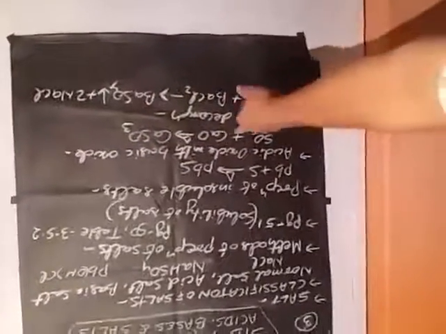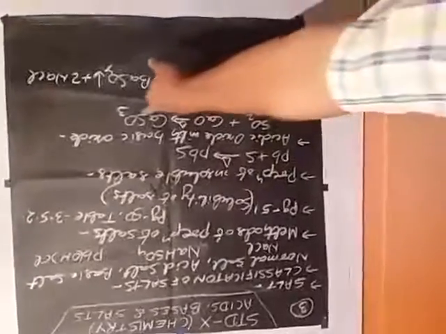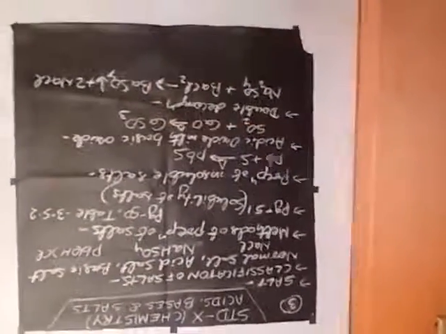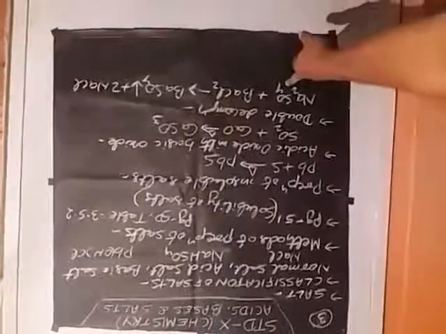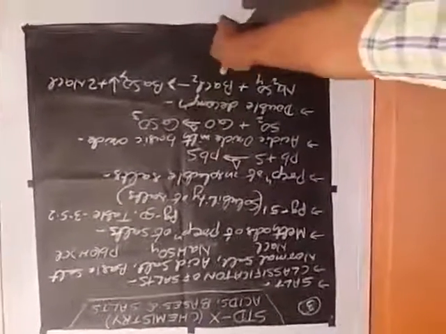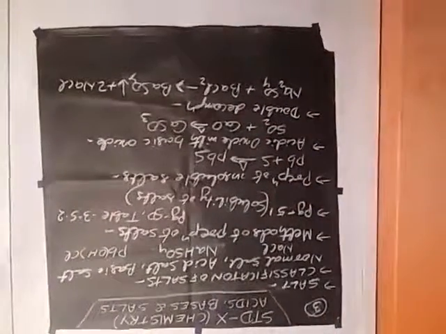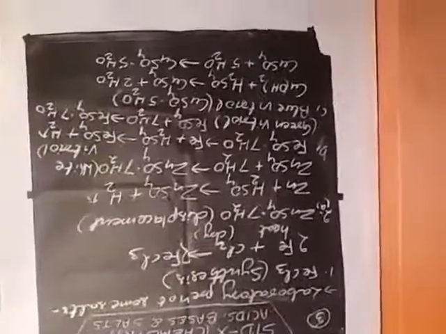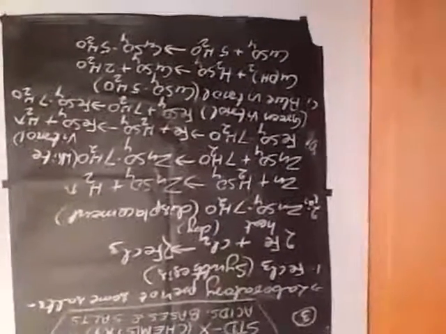Sulfur dioxide, an acidic oxide, and calcium oxide, a metallic oxide, form an insoluble salt, calcium sulfite. By double decomposition of sodium sulfite and barium chloride, both in aqueous state, it forms barium sulfate, which is a precipitate salt, and one sodium chloride salt. Then laboratory preparation of some salts by synthesis.